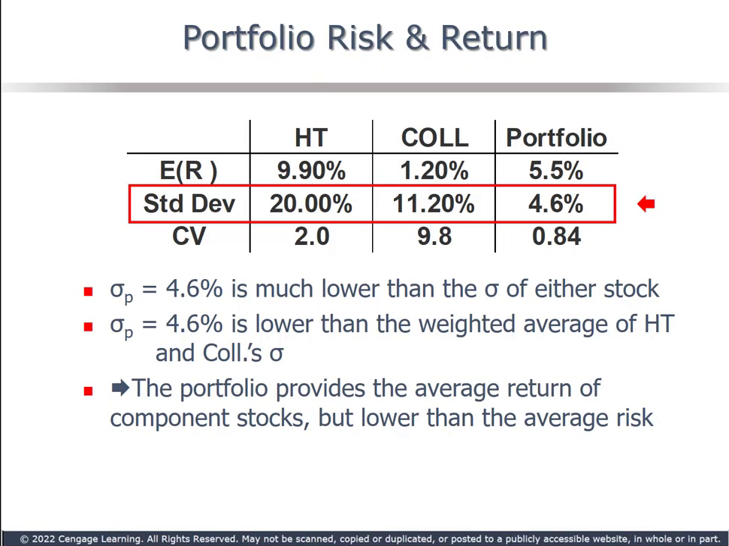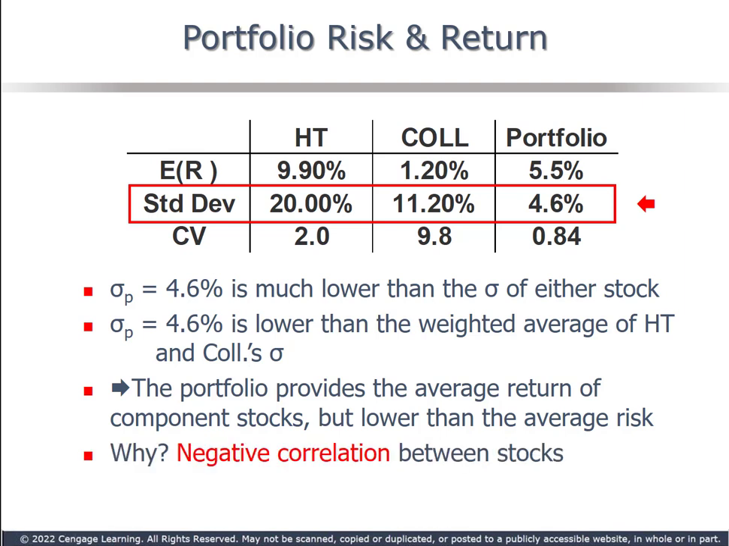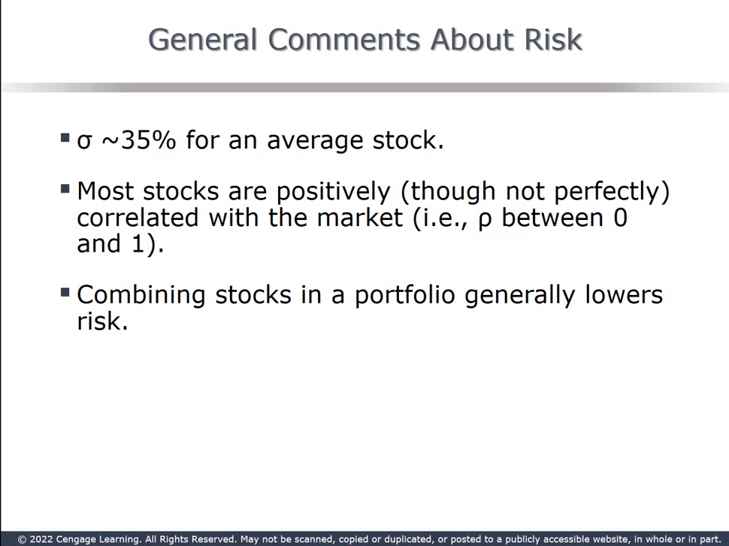This table recaps our results for both stocks individually and together in a portfolio. It highlights the significant reduction in risk by combining the two risky stocks into a portfolio. Again, negative correlation. The drastic reduction in risk in our sample portfolio was driven by the strong negative correlation between high-tech and collections. Correlation is a binary metric, meaning in this case, it measures how the returns on two assets